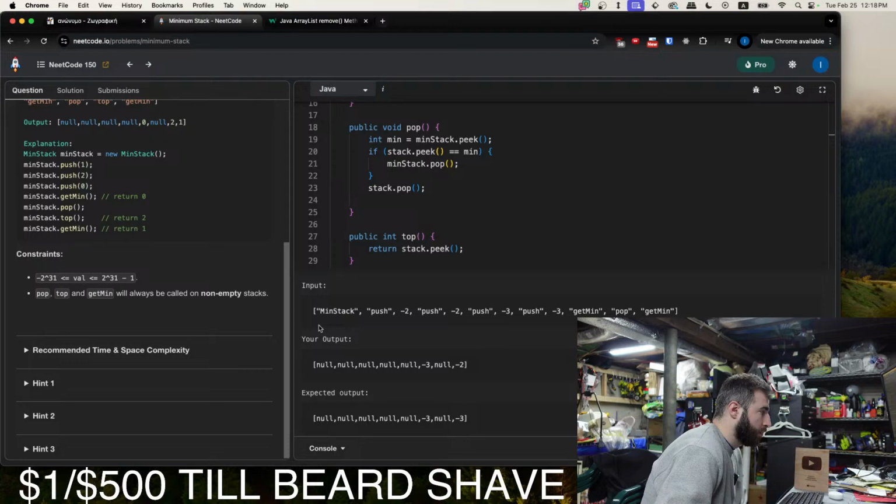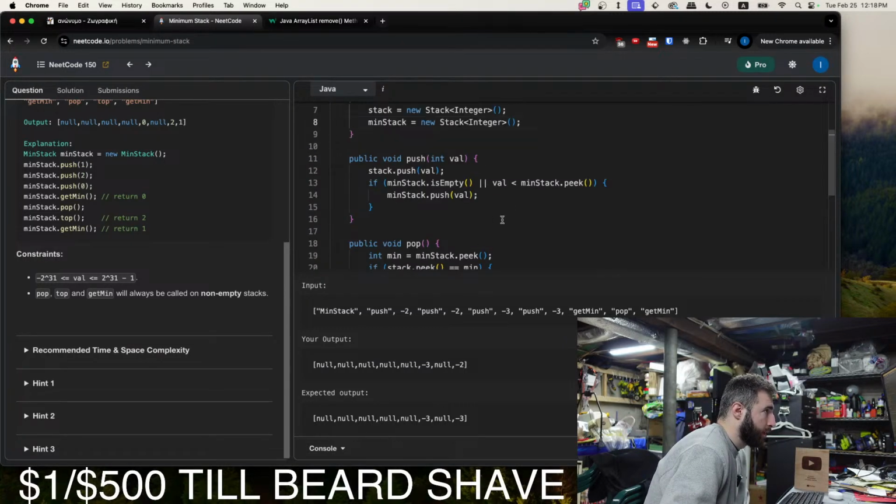All right, so initialize the stack. It pushes a -2. It pushes another -2. It pushes a -3, pushes a -3, getMin is -3, pop is -3, oh, whoops, I have an error in my code.